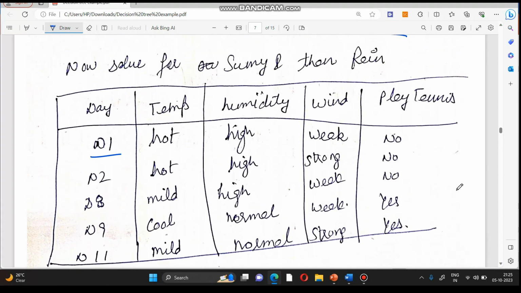Now for this we will again find the values, or we call the information gain, for all these. So we will calculate the information gain for temperature, information gain for humidity, information gain for wind. Before proceeding further, we need to find the entropy of S for this table when it is sunny. So it means 3 no, 2 yes. We will calculate this, and this will be known as entropy of S, where we are having 2 yes, 3 no's,